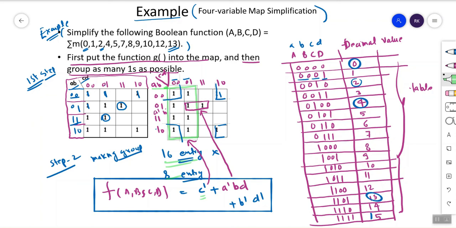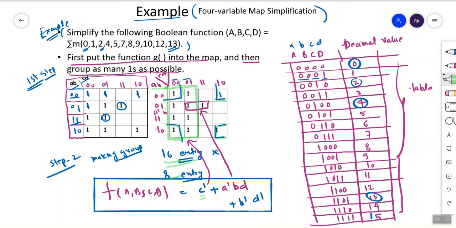Similarly I have made this pair also, 1 1. So corresponding to this, AB is not changing, so A naught because it is 0 and B is 1. So we have written A naught B and D. And similarly there is a pair from the corners, from this we are making, and from there 1 1 we are making the corner. Okay, so we are also making the pair in the same way. So what is changing? 0 1 is changing, A is changing, so A is not written.